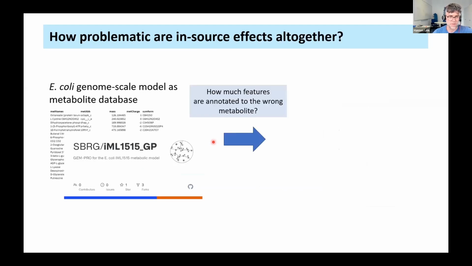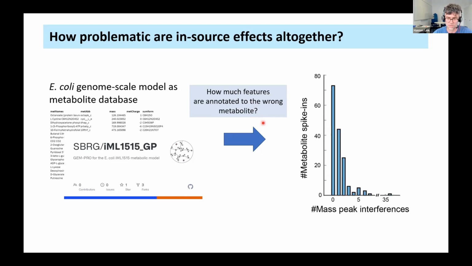So the last question is, how problematic are these in-source effects? To test this, we took again the genome scale model of E. coli, and asked how many of our features, so of the significantly changed ion peaks in a spiking standard, are now annotated to the wrong metabolite. Because in the best case scenario, you only have one significant change, and this is the ion peak that matches your metabolite. But how many additional annotations do you get with that?